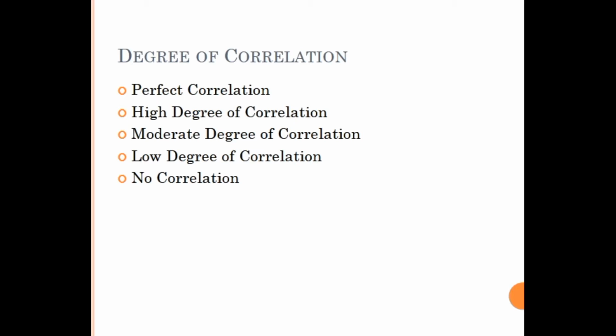Once you have computed the correlation, say for example, if it is exactly plus 1, we call it perfect correlation. If it is minus 1 also, perfect negative correlation. Positive means perfect positive correlation. If your answer comes less than 1, that is 0.8 to 1, between that range, then it is called high degree correlation. It may be negative or it may be positive. Based on the values, we call them perfect, high degree, moderate, low degree, no correlation, right?